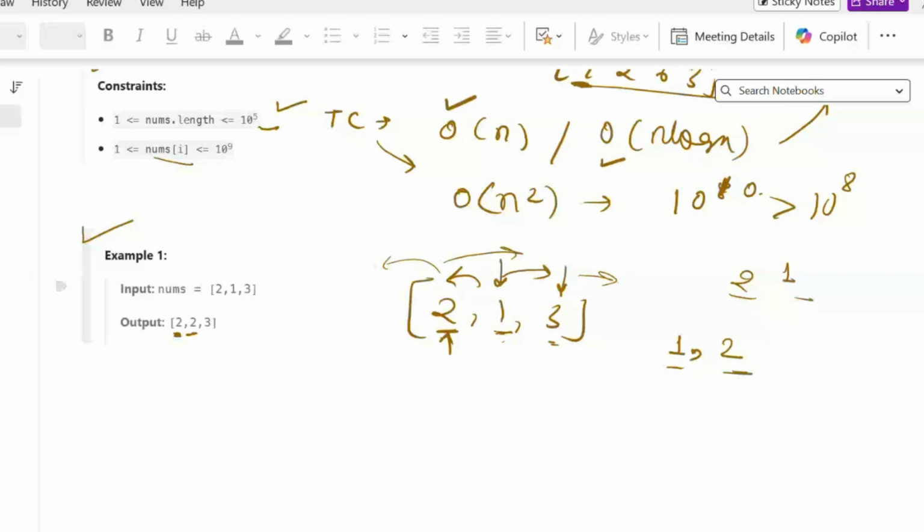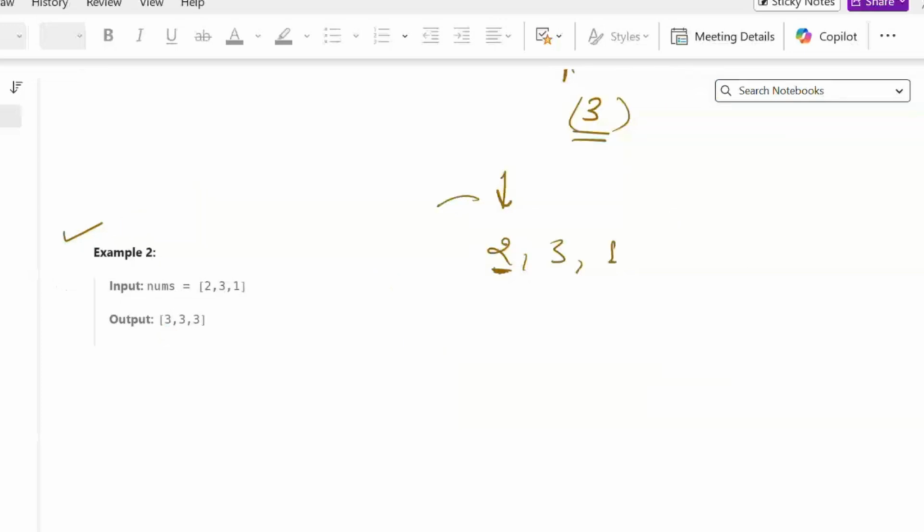So we are on 2, we move to 1. From 1, we can move to 3. Why can we move to 3? Because we can do any number of jumps. So we are on 3, and this is on the left. So for left we need a value greater than the current value. So our value is 3.